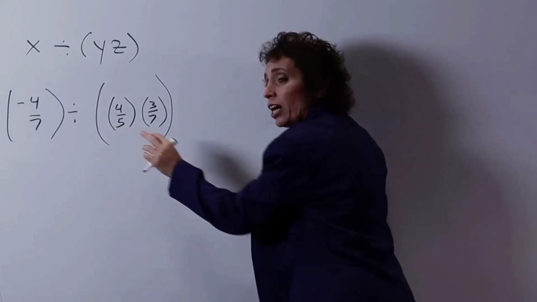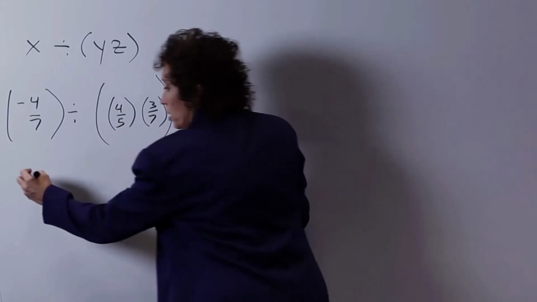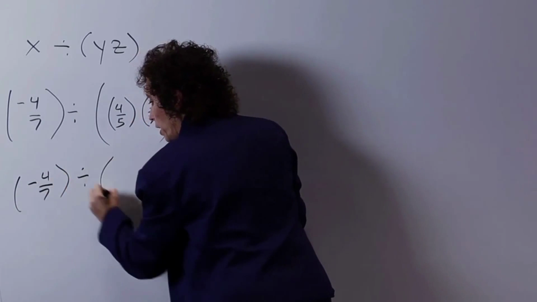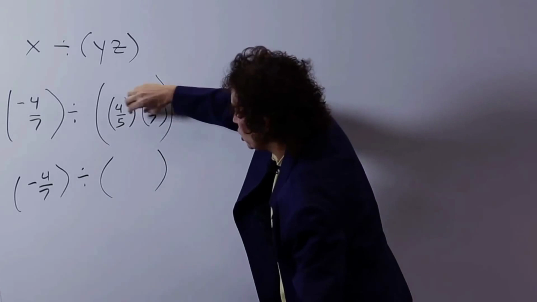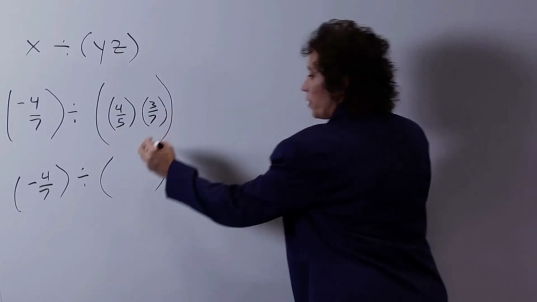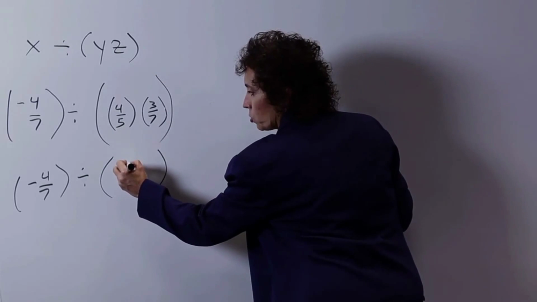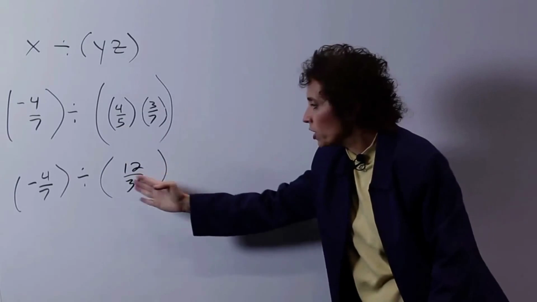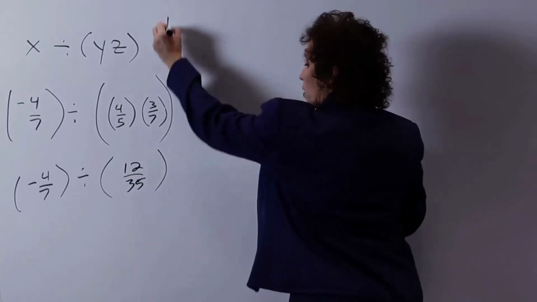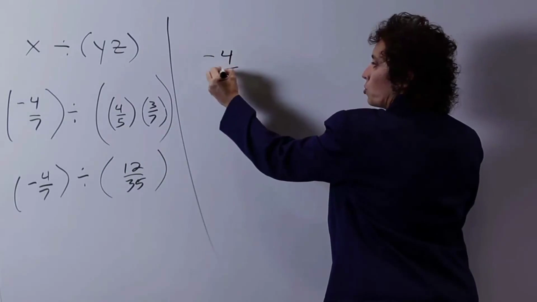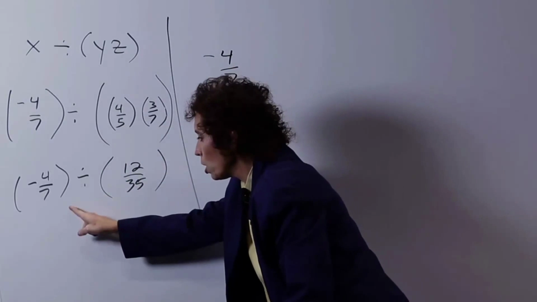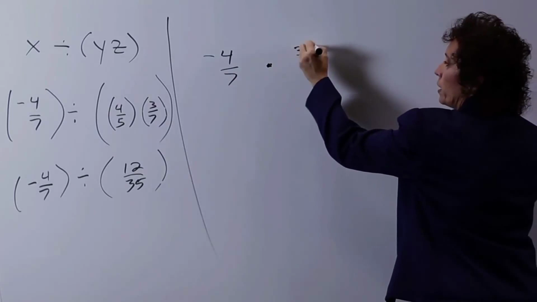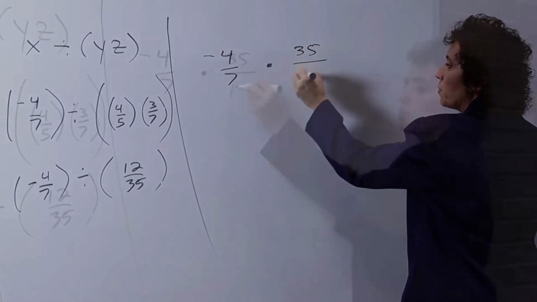So remember, when you multiply, there's no flipping. Don't go flip crazy. This is just negative 4/7 divided by, okay, I'm going to let go of these parentheses because I'm multiplying. That's 12. I can't reduce. 12 over 35. Now, actually, neither one of these parentheses are necessary. I'm going to do that here. So that's negative 4/7. Division changes to multiplication. And now I have to multiply it by the reciprocal. So I interchange the numerator with the denominator.